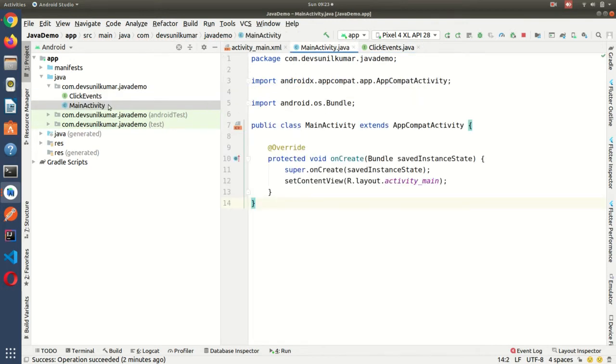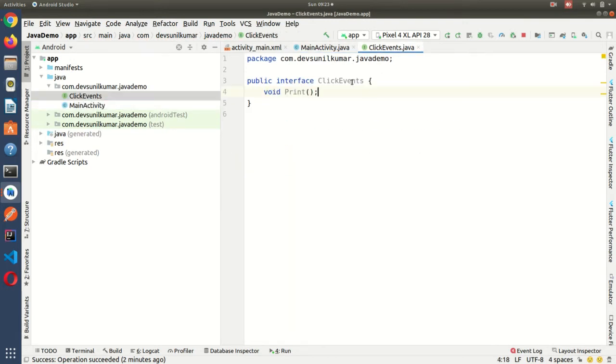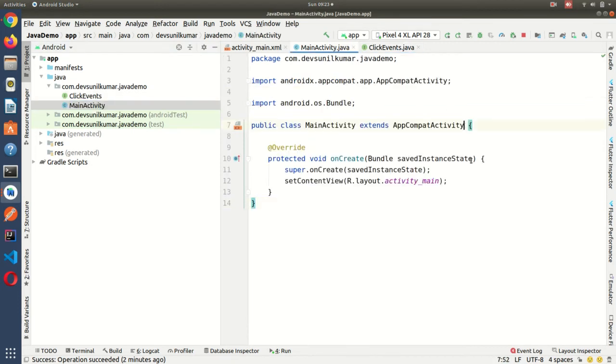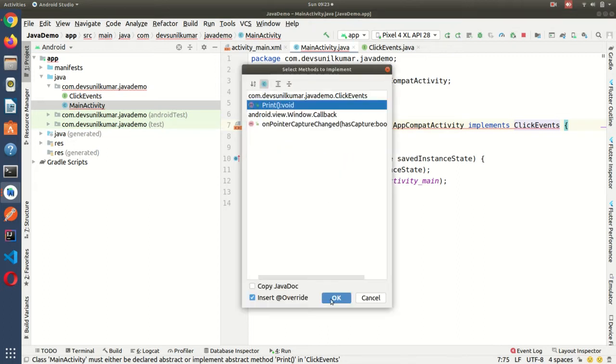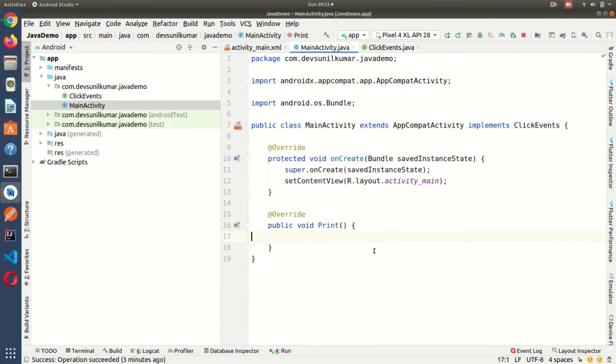Now if I want to call this ClickEvents interface in my main activity, I need to write implements ClickEvents. Then I need to implement this print method. So here we have used the implements keyword.